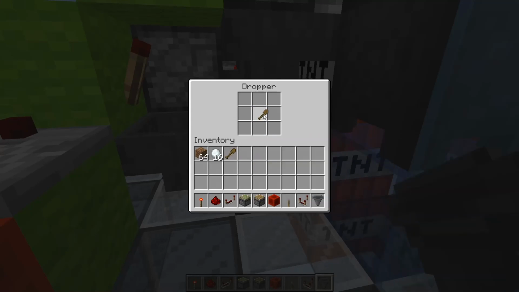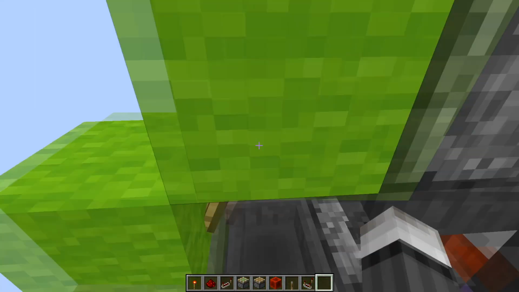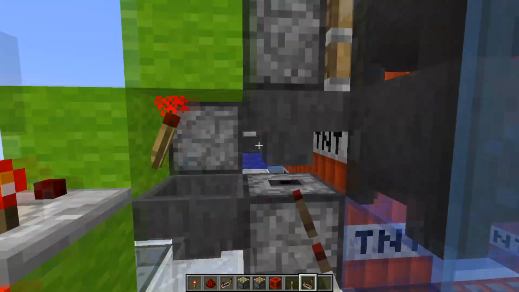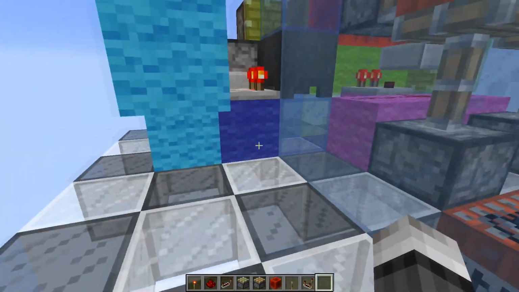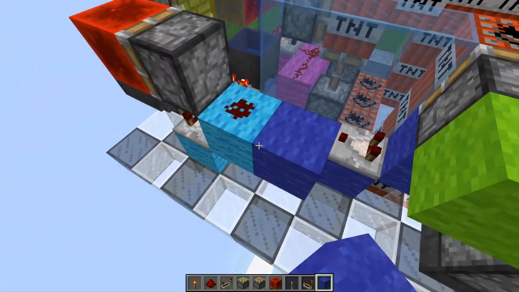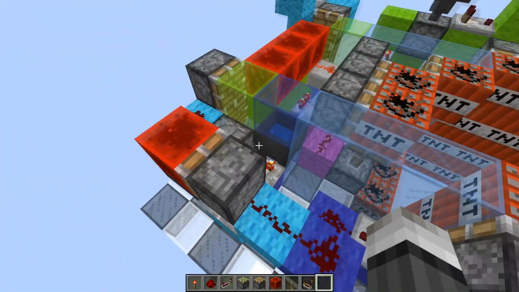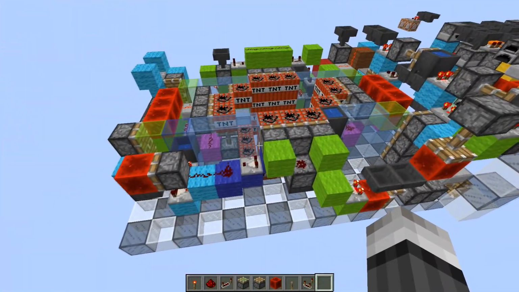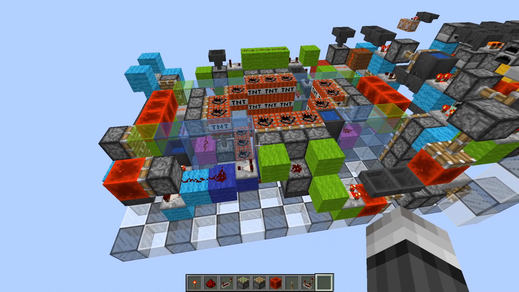So when this torch gets turned on, we have this one, and then when we turn it off, we can read that item going through this hopper right there into a block, into another block, and that 3-tick will be enough to start the entire tape. Yeah, so that's one half of blue. Let's actually do